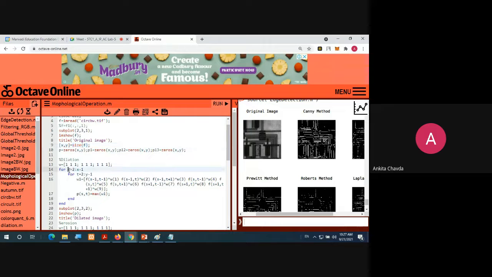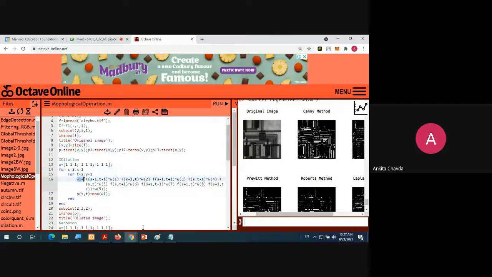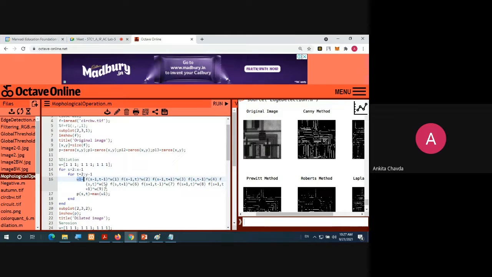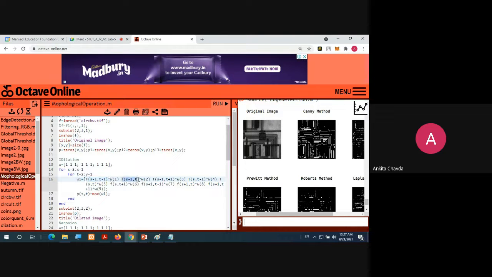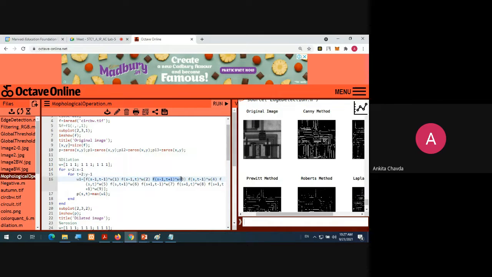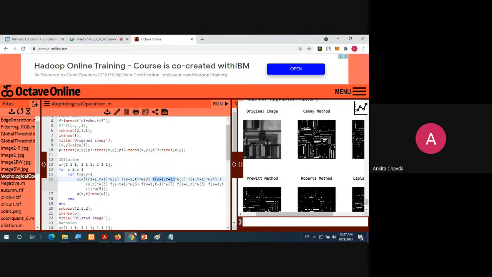I'm saying that you need to start with this for loop, right? And here you are considering only 9 pixels. So you will do the summation of this 9 pixel only, means f of s minus 1, t minus 1 plus f of s minus 1, t plus f of this, and that divided by 9, because that would be fixed. You are considering only 9 pixels. Or you can consider here 4 cross 4 or 5 cross 5. That is your choice.